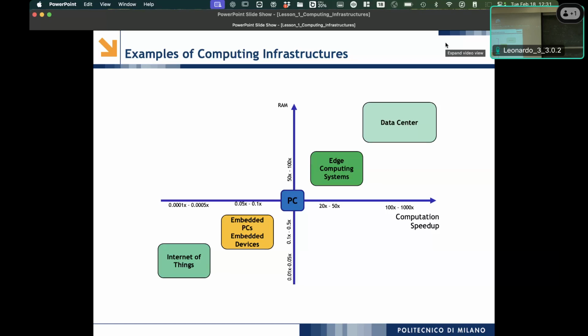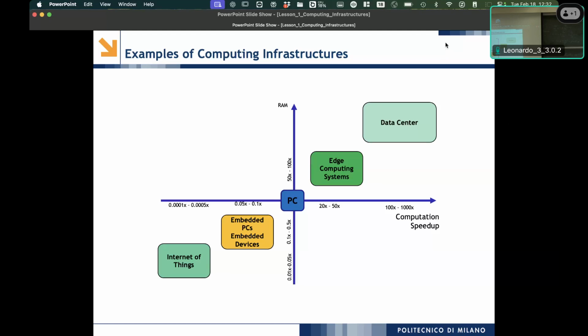Here, something that we are familiar with is our PC. It's not for services, usually it's for us. But it's something we are familiar with in terms of capacity, in terms of memory that is available here. And then you see that we have several options. We have already covered the data centers that are the ones that are more representative at scale.